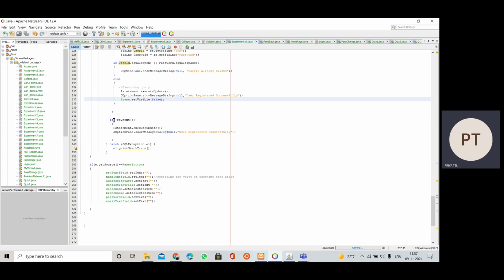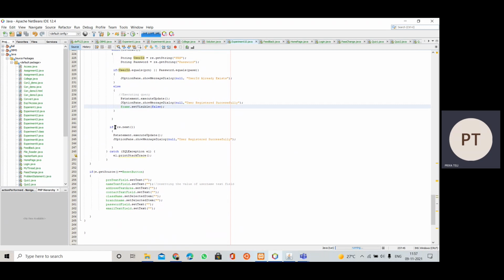And if there is no user already existing in the table, that is if the table is empty, then there will be no results returned when we select everything from user.